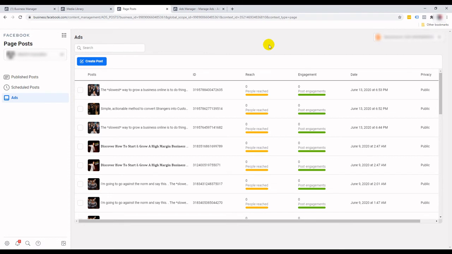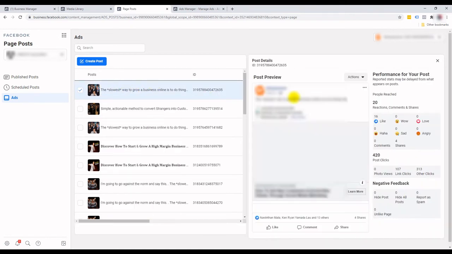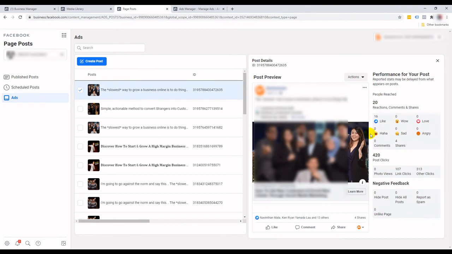Now, whether you realize this or not, every time you make any edits or a copy of advertisements that you already have, it's just going to make clones of it with different IDs. So visually, it might look the same to you, but on the back office, you can see that there are multiple IDs for very similar advertisements. And again, if you want to keep things a little bit neat, what you want to do is click on the page post that you would like to delete. Like for example, this is the one,